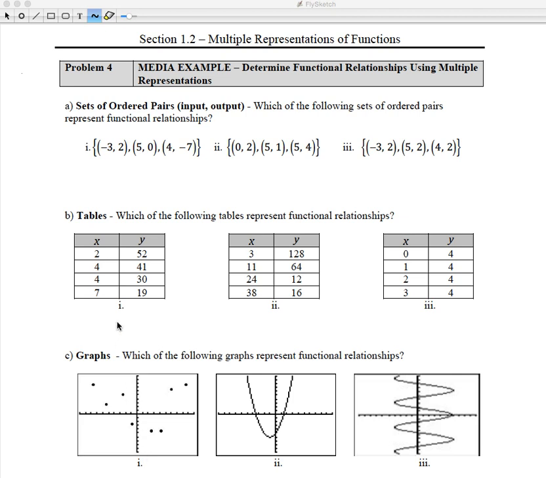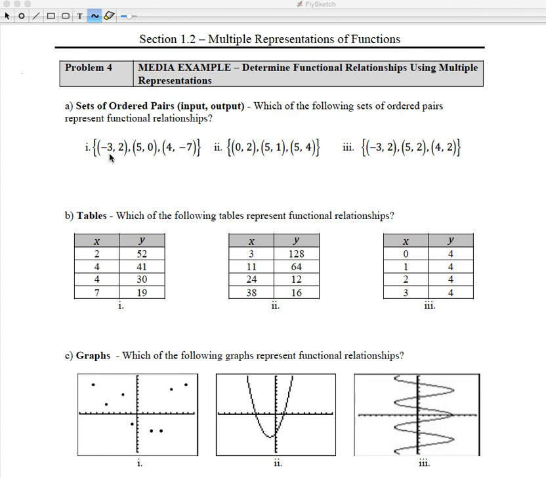In this example, what we're going to be doing is looking at determining functional relationships with different representations. So part A, we are given sets of ordered pairs, and we want to determine which of the sets of ordered pairs represents a functional relationship. So when we're looking at a data set that's presented in this manner, what we want to focus on are the input values. And if we have any repeated input values, then we have a problem with that data set